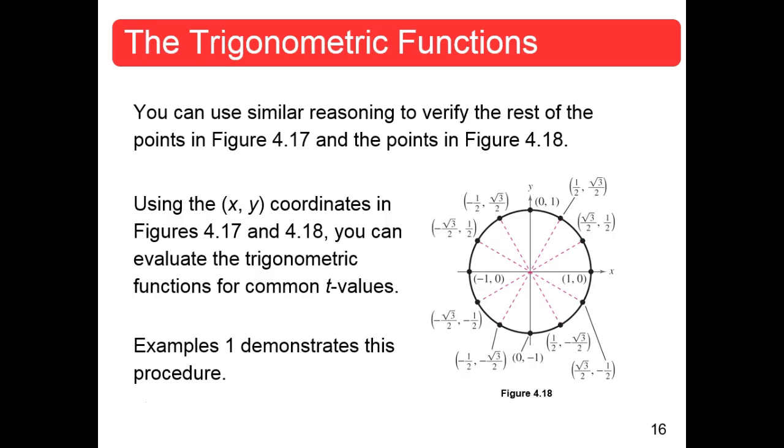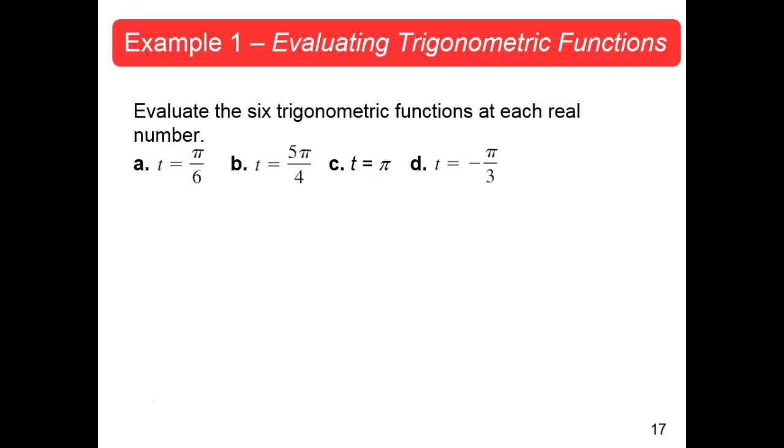And it says example 1. Demonstrate that procedure. So let's see what example 1 is. All right. Let's evaluate all 6 trigonometric functions at each real number. The first one is going to be at t equal pi/6. So what I'm going to do is the sine of t, the cosine of t, the tangent of t, the cotangent of t, the secant of t, and the cosecant of t. Okay? Now,